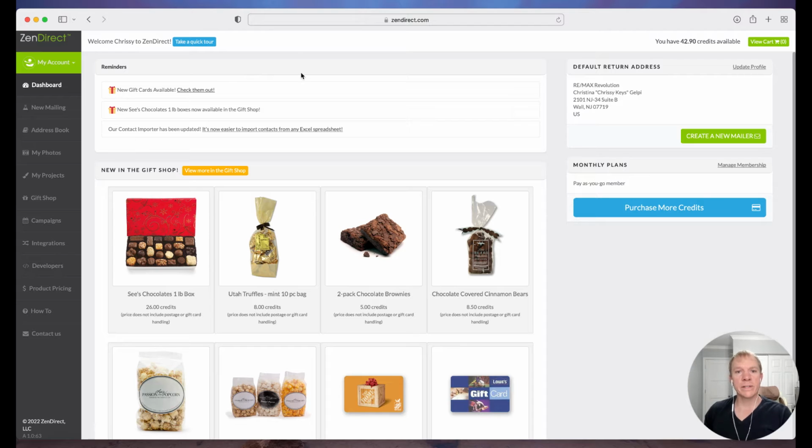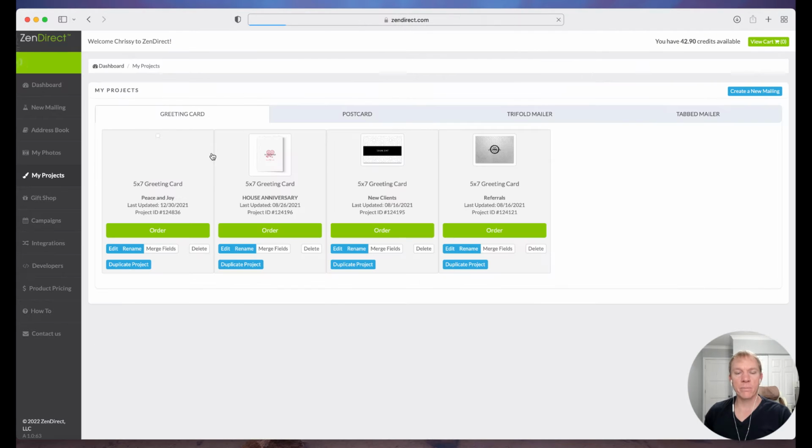In Zen Direct, you simply have to have a project. So you would set up, let's say, a birthday card, for example. These are just some other cards that we have set up in here. So we'd set up a birthday card, and once I have that birthday card, I'm going to go here to